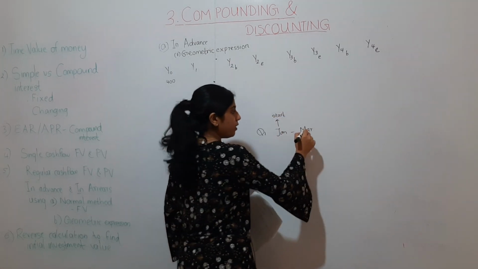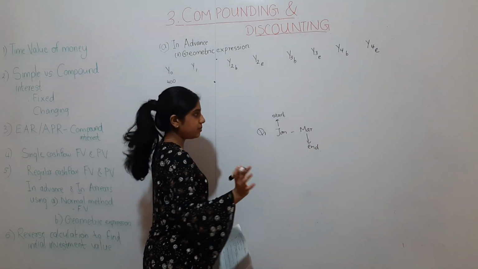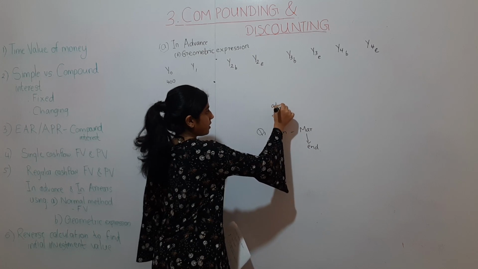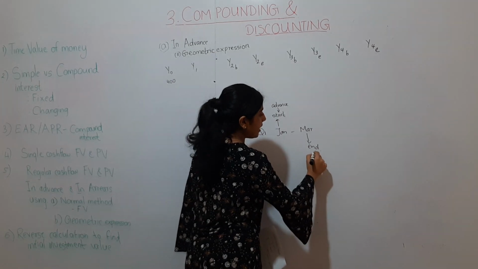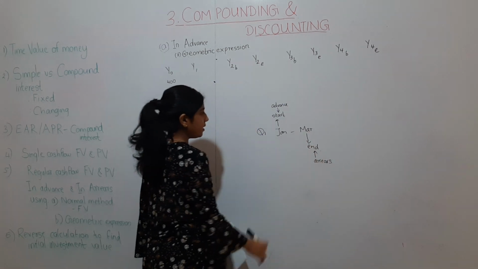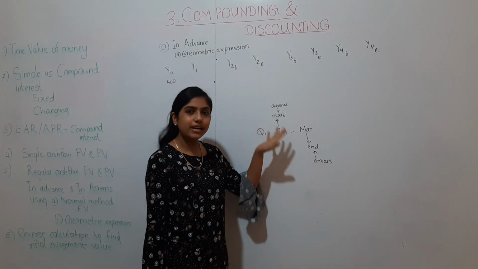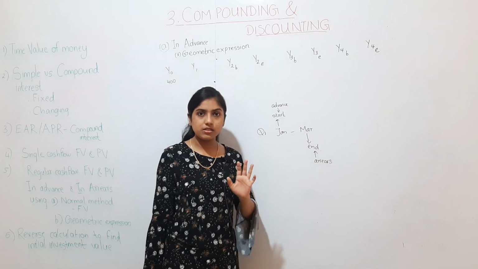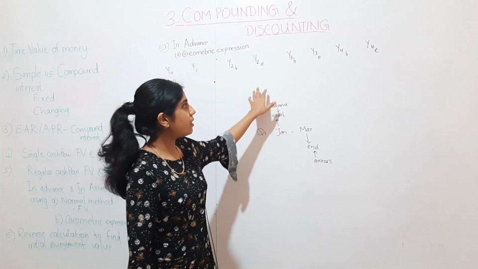Alright, and end of the quarter is March. So, advance payments means it is made at the start of the quarter. And arrears payment means it is made at the end of the quarter. Maybe take a note of this, because it will be very useful for you too, because this is where you can go wrong. When you are doing the normal method, a possible chance of making a mistake is you not selecting the right number of years.